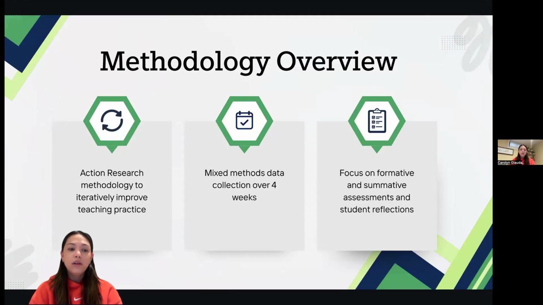This action research study took place over a 4-week instructional period during regular classroom instruction. Interactive simulations were integrated into the existing Earth and space science curriculum through whole class instruction, small group activities, and independent exploration. Lessons followed an inquiry-based format that included engagement, exploration, explanation, elaboration, and evaluation. Students manipulated variables within simulations, observed outcomes, and used evidence from the simulations to support scientific explanations. Throughout the study, instructional decisions were adjusted based on formative feedback and student understanding.